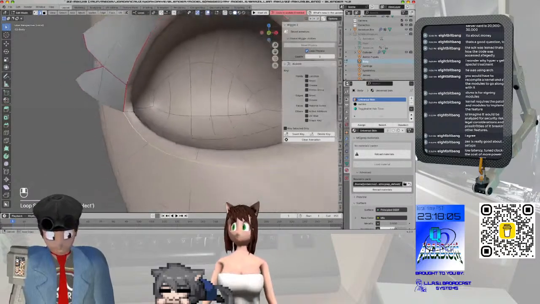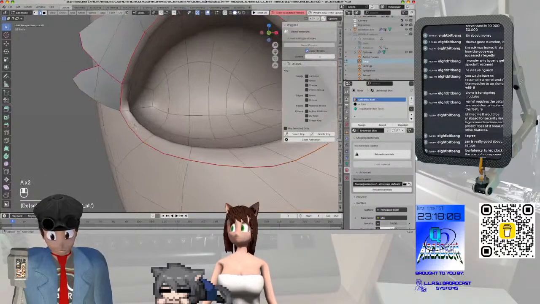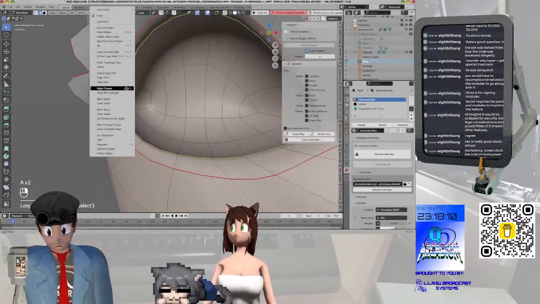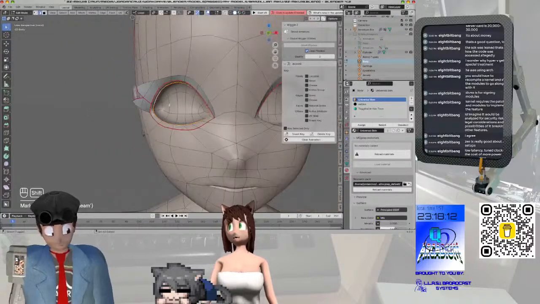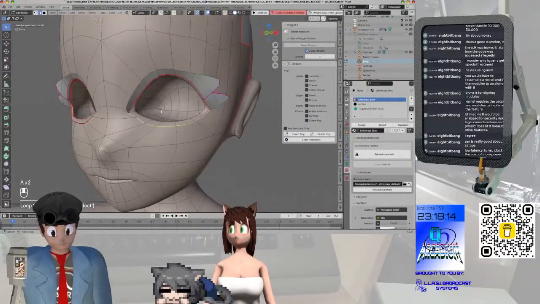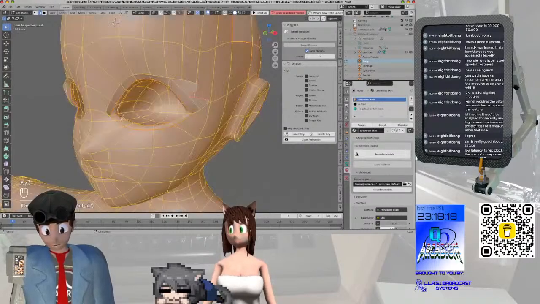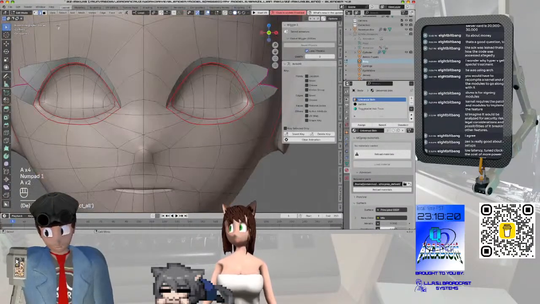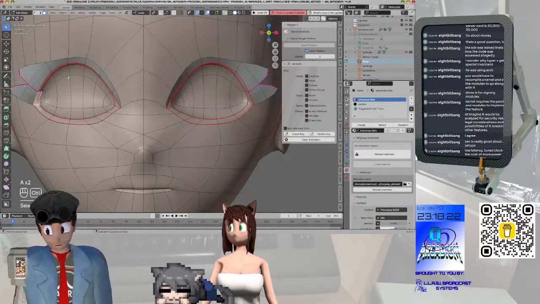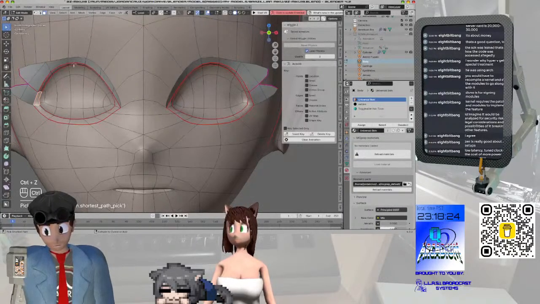I want to add a seam here and then another seam here. Mark seam. Mark seam. Because I also want to try and add the